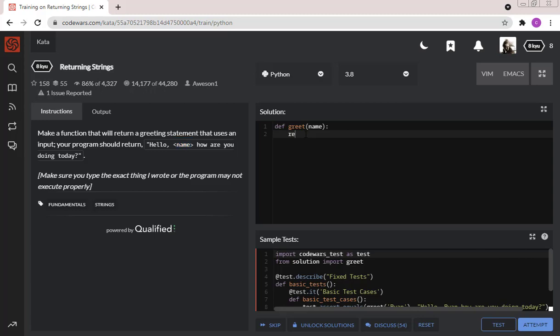Okay, we should return the string. It's a string and use braces. Okay, and after the string we should use the syntax format and put the name here, and